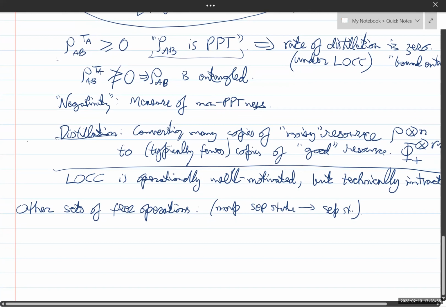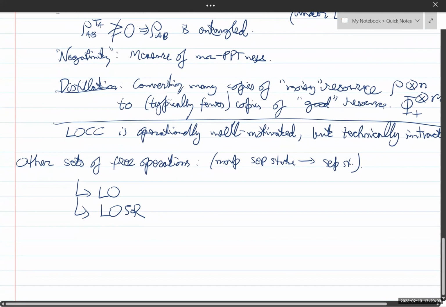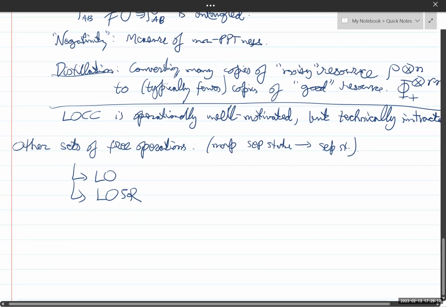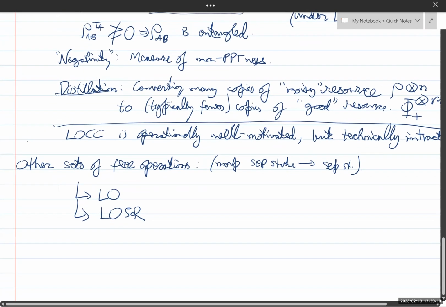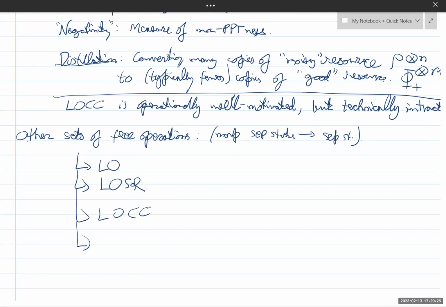So these include, of course, we already looked at LOSR. So these are also valid candidates for free operations because they don't take you out of the set of separable states if you start there. Then you have LOCC here. So I'm arranging this in increasing order of how powerful these sets are, right? So then there's something called PPT preserving,